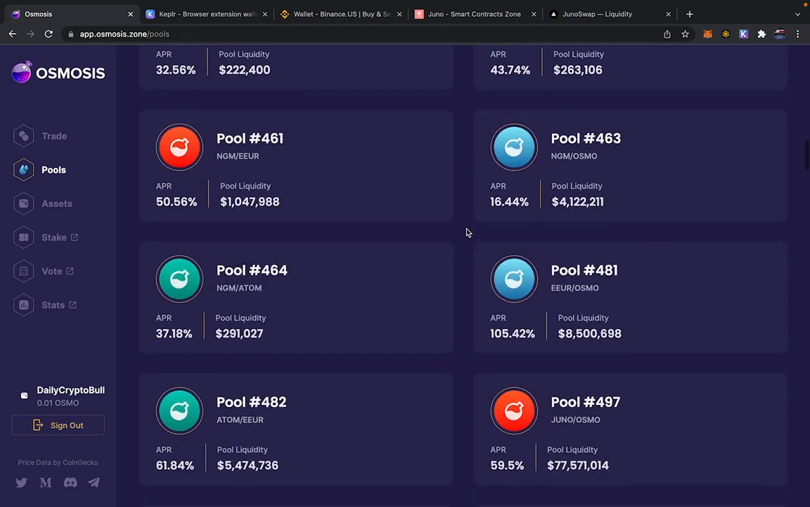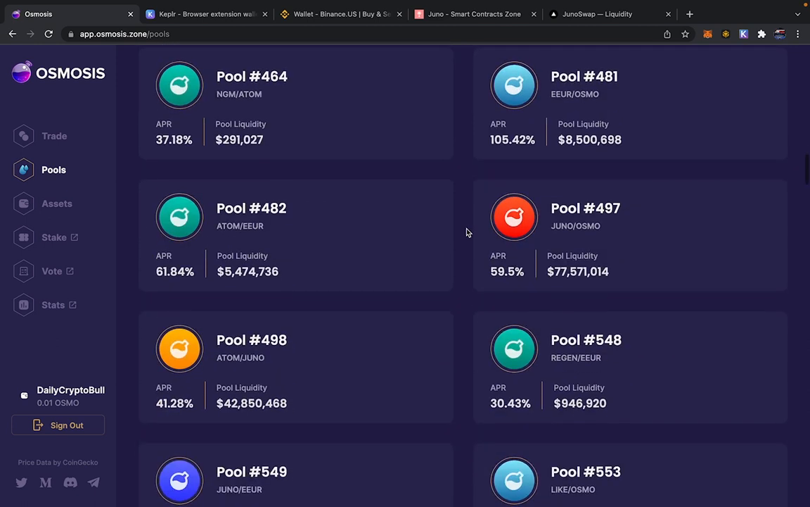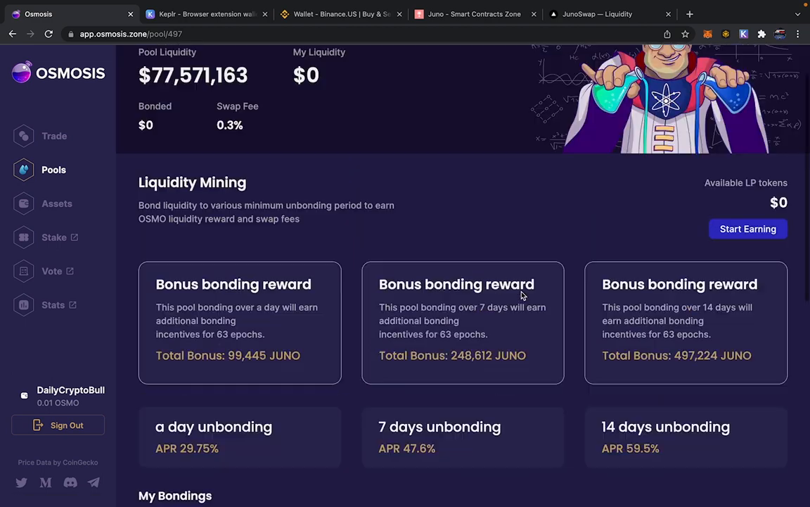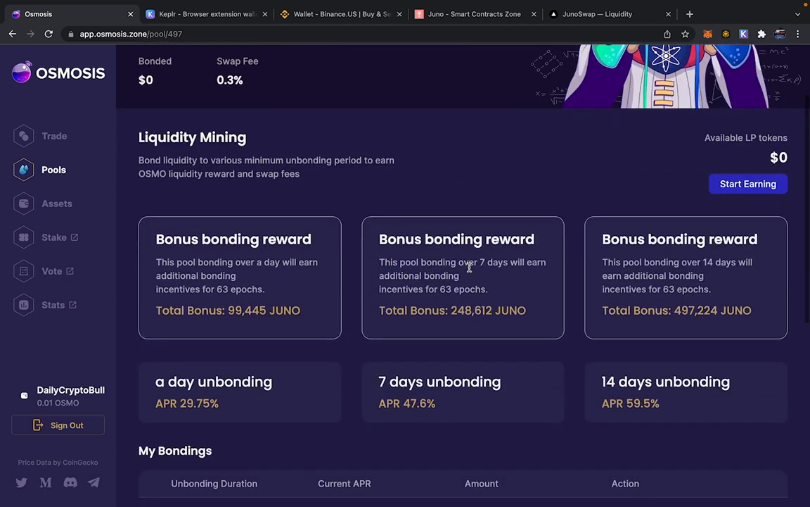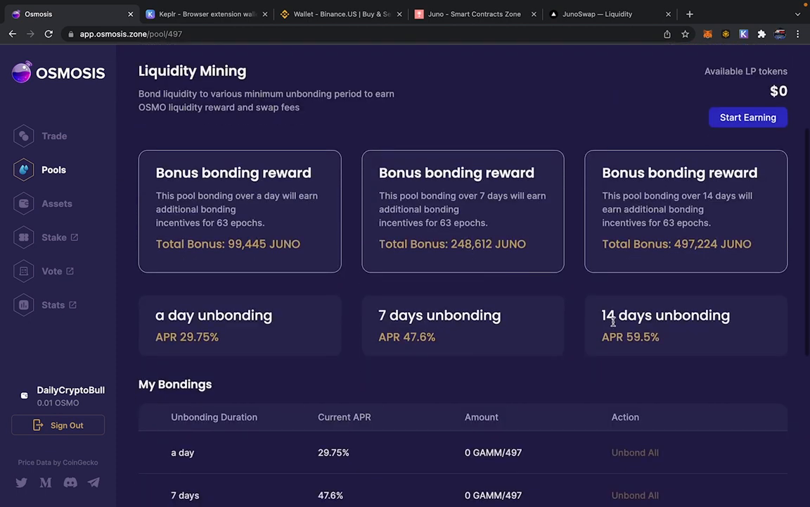It's got extra incentives, and it's the Juno Pools, okay? So here's the Juno Osmo and the Atom Osmo. This one's got a higher APR, so I'm going to go over to this one. Now check this out. Bonus bonding reward. So they're going to be paying me 59.5%